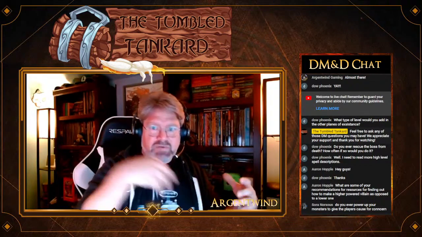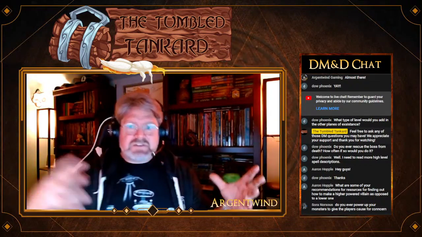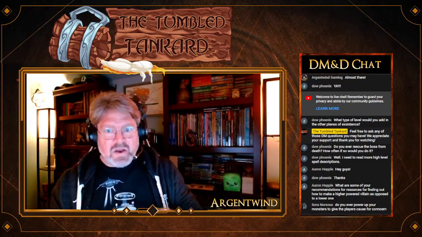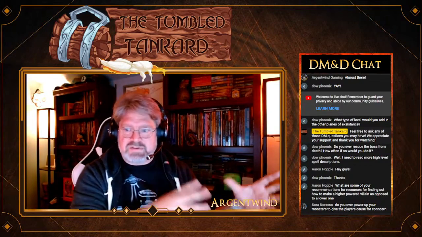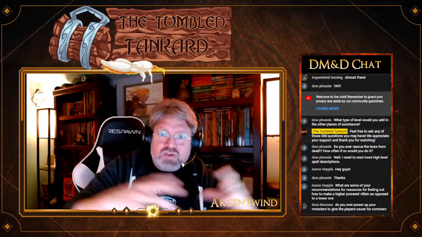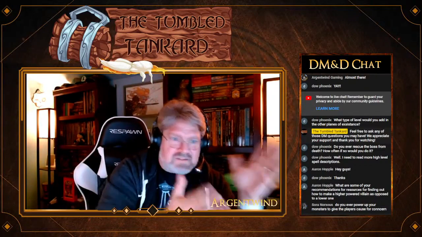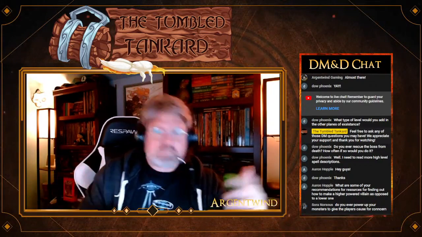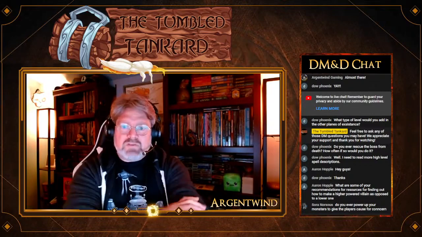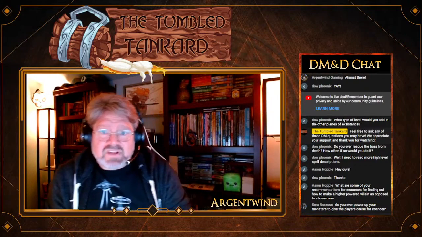Like maybe it isn't just I have this ability, I do this much damage, but maybe I have a different way of attacking, or I have these spells available to me. But you can use that as a baseline. Like this is my baseline for bad guys. I'm making someone who's as powerful as Strahd, but different. So that's one way of going high powered villains.